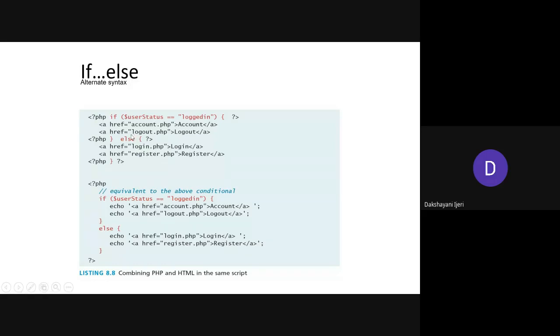Right. So next, once you want to complete this if statement, you need to close the flower brace, right? So closing the flower brace is a part of the PHP, and the beginning of the else part is also part of the PHP. So again you need to open the PHP notation and write everything which is the section of the PHP, and then close it here, right?